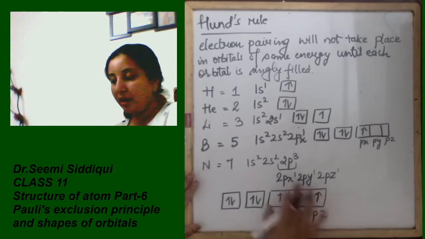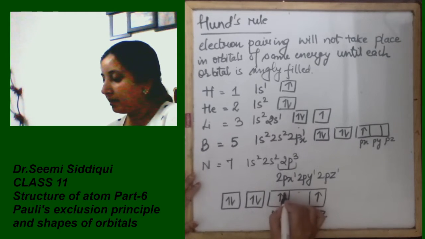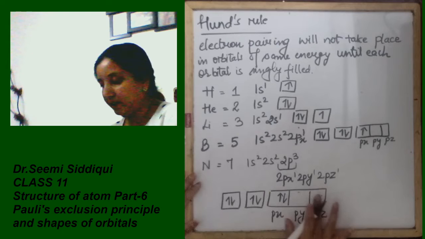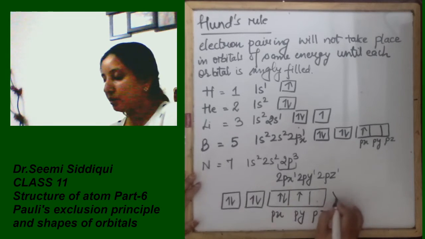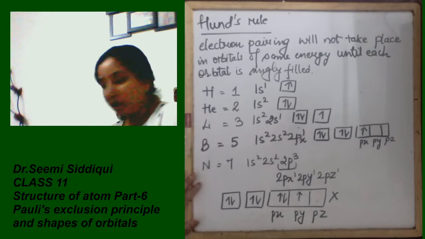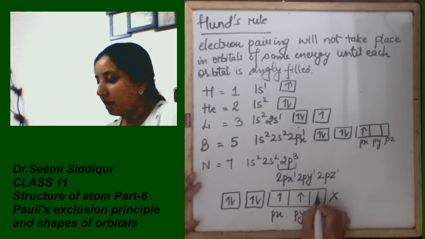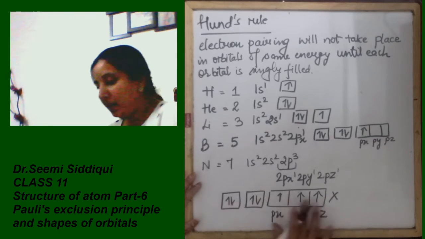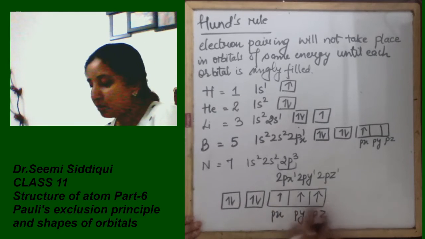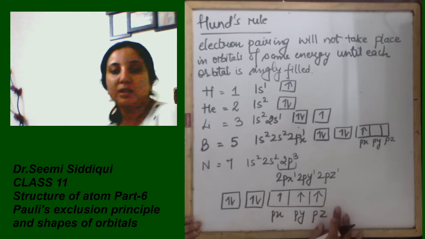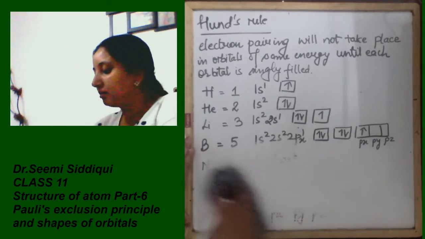हंड्स रूल ने क्या कहा कि अब p के पास 3 इलेक्ट्रॉन्स थे. We cannot make it like this कि यहाँ पे हम कंप्लीट लिख देते, पेयरिंग शो कर देते इलेक्ट्रॉन की और फिर बचा हुआ एक हम यहाँ कर देते. This would be wrong. Hund's rule says that first of all orbitals are going to fill. इन्हें फिल होने के बाद अगर इलेक्ट्रॉन बचता है then its pairing is going to take place. Let's look at a few examples for that.